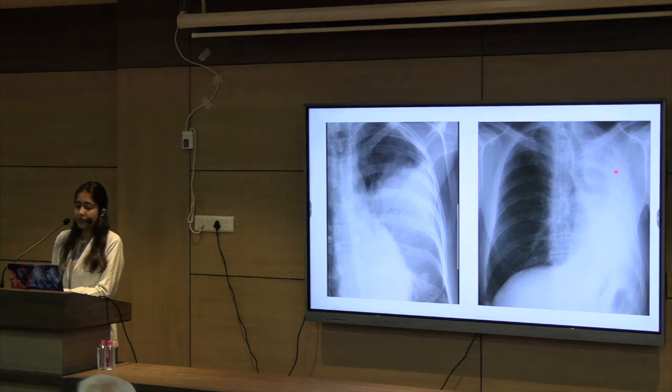In this chest radiograph, we can appreciate a homogeneous opacity obscuring almost the whole of the left hemithorax. And what else we can appreciate in this chest radiograph is the trachea is shifted towards the left side, and the heart and the mediastinum are also shifted towards the left side, with compensatory overinflation of the left lung. This is suggestive of left lung collapse. We also cannot appreciate the left main bronchus. So this is suggestive of the left bronchus cutoff sign.